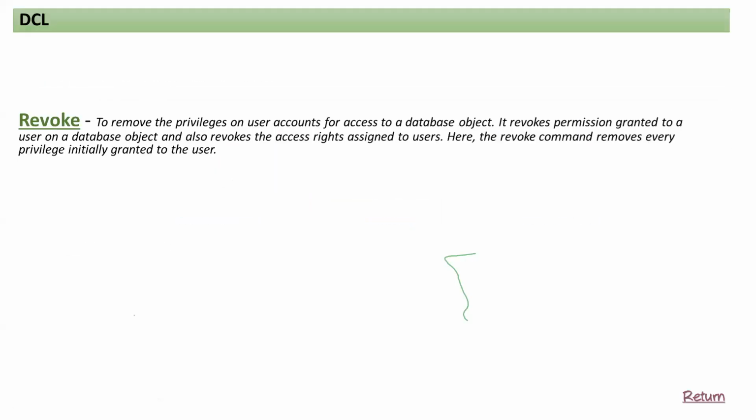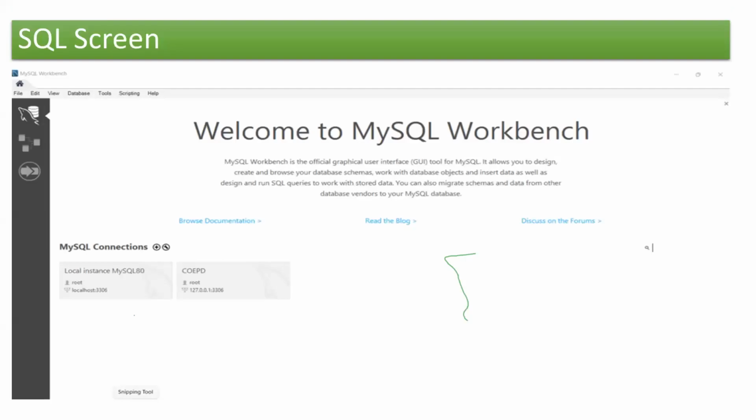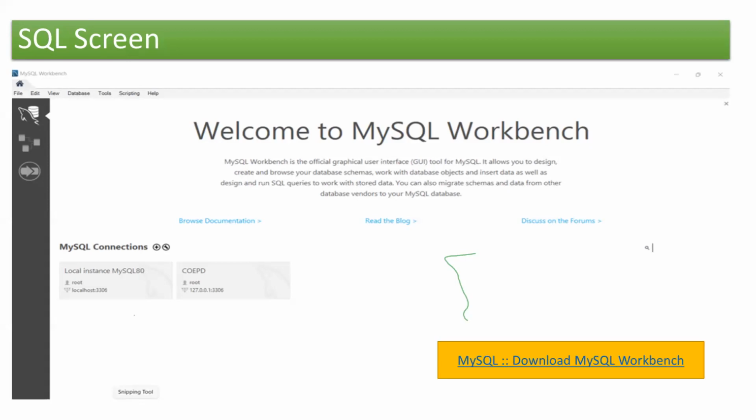Let's check next towards MySQL Workbench. This is the application which I'm trying to give you. This is a free download version which you can find in Google Chrome. You can download it and use it to practice. This is one of the easiest applications compared to SSMS.